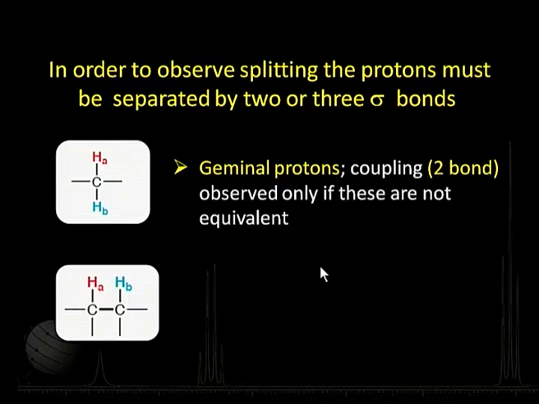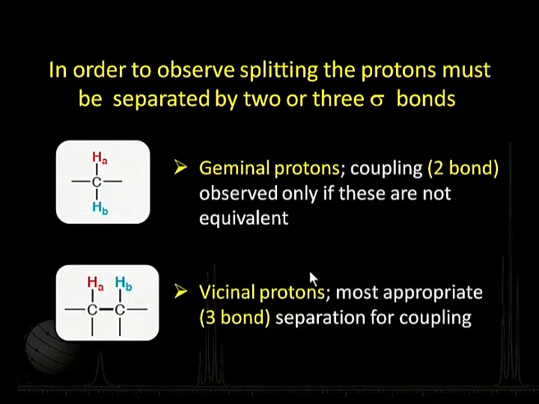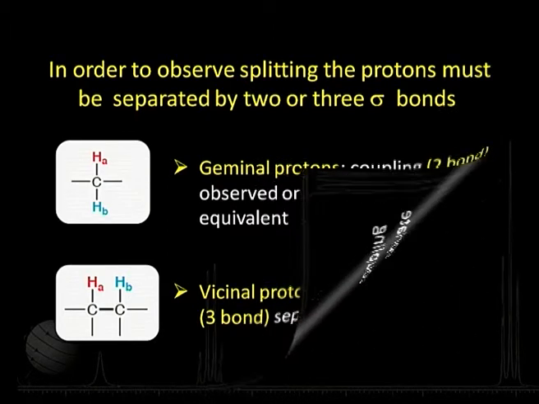Second possibility, the most commonly observed coupling is between what are called the vicinal protons. Vicinal protons are the ones which are related like this. That means you have two neighboring carbons there, one proton, say HA, attached to this carbon atom, HB to this one, and if I look at this, this is one bond, two bond, three bond. So this is a three bond coupling. This is the most predominant kind of coupling which influences the spectrum, which causes spin-spin splitting and the kind of spectra we get from NMR.